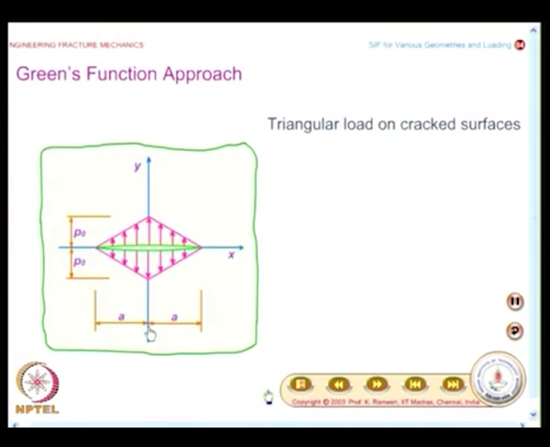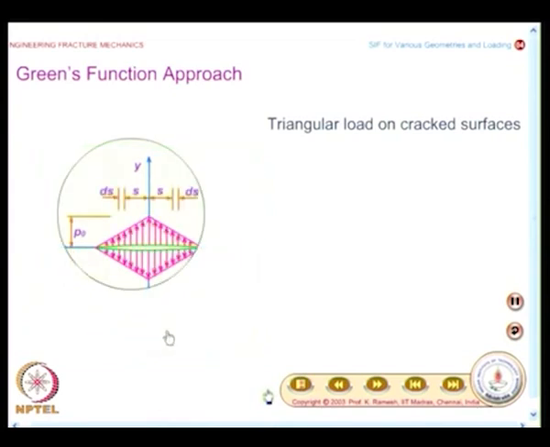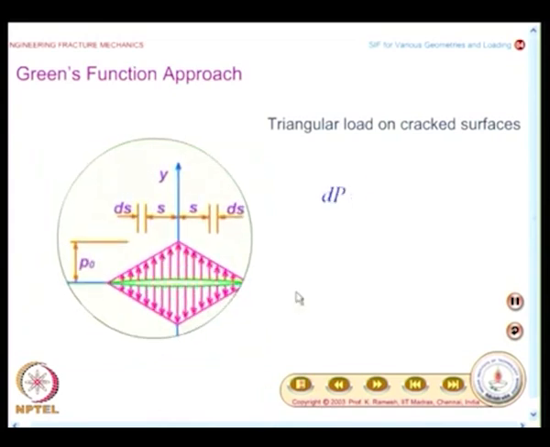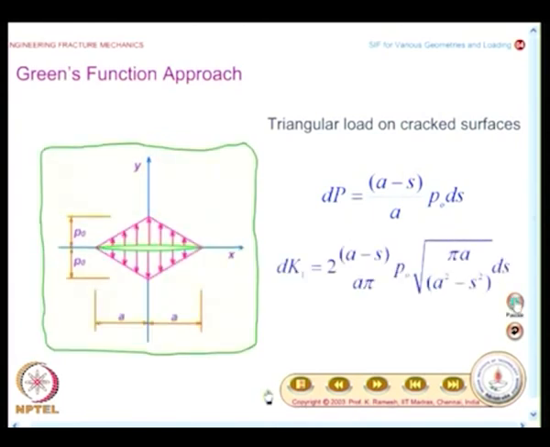I have a distance of crack as a, and it is possible for you to write dP equal to (a minus s) divided by a multiplied by p naught. This would be the pressure at any point you are having at a distance a minus s,